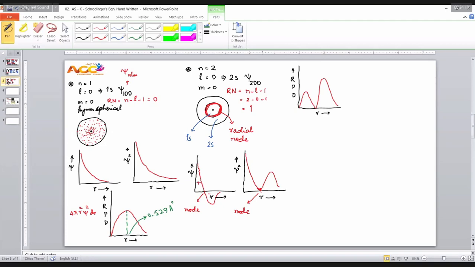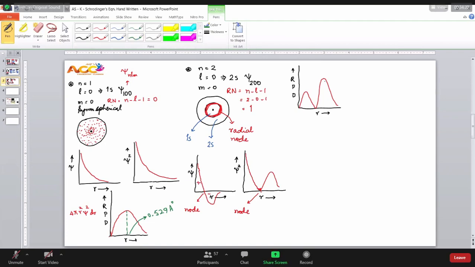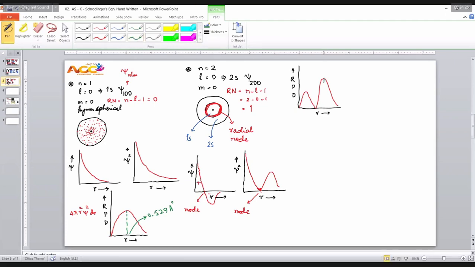These are the things you have to learn to draw the graph. No need to memorize the situation. If you understand 2-3 graphs, the remaining ones you can draw. Now, what is this? This is called rmax, the maximum peak value. This name is wrongly given, I think, because rmax does not mean maximum radius. Rmax means it is the value of r at which probability is maximum. Are you able to understand? Rmax is the value of r, not the maximum value of r.